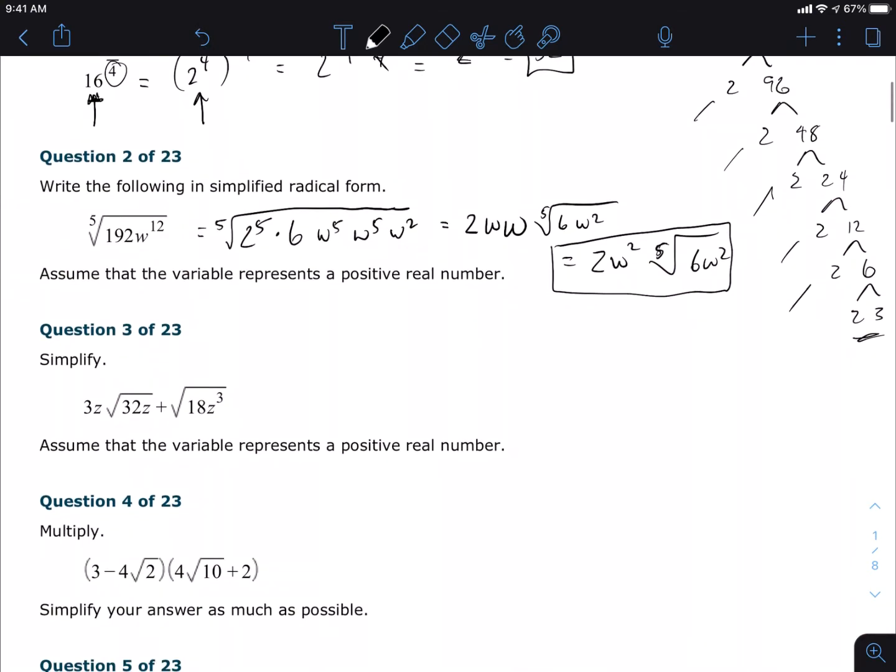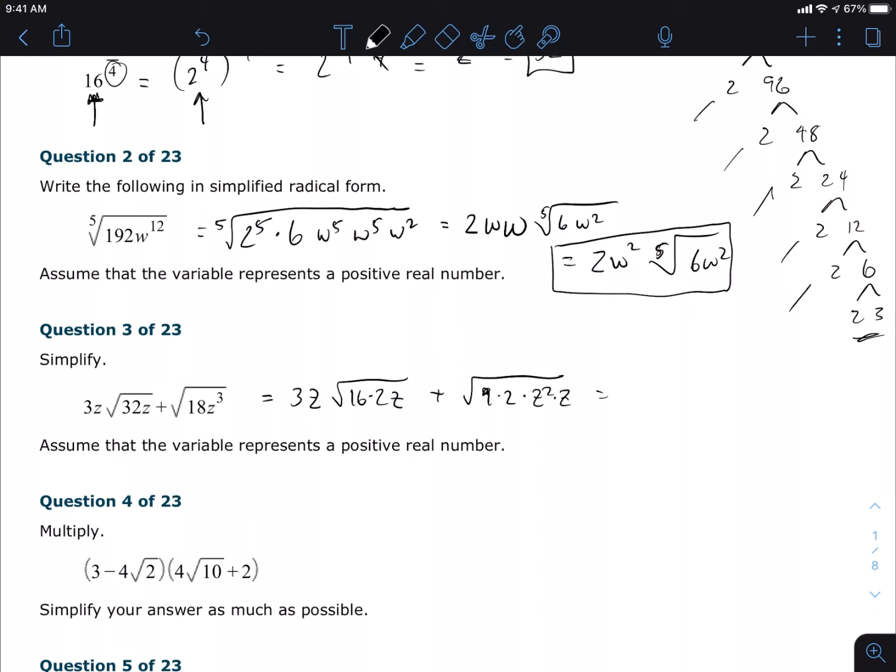In this next one, we did this in class. Remember, we wanted to have the roots being the same, and so what we're going to do is I'm going to go 3z, and then 16 times 2 is a square, and then z, plus over here I'm going to be able to go 9 times 2 times z squared times z,